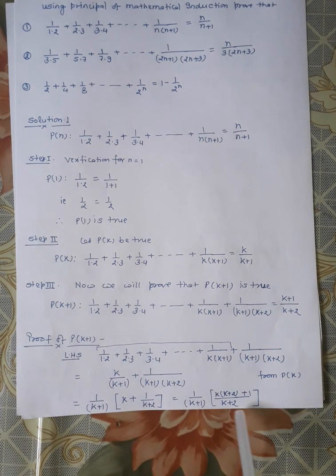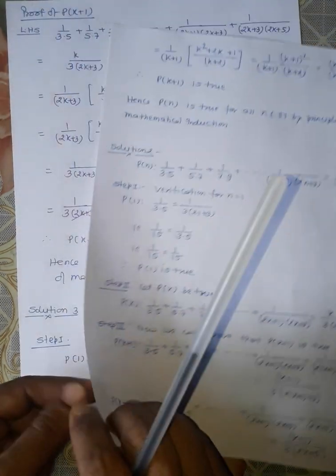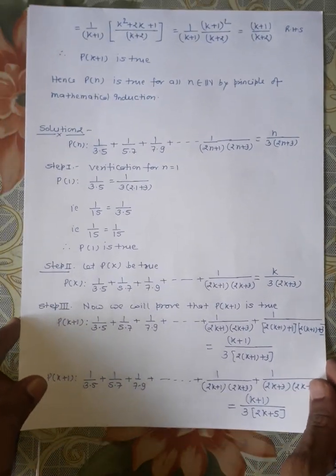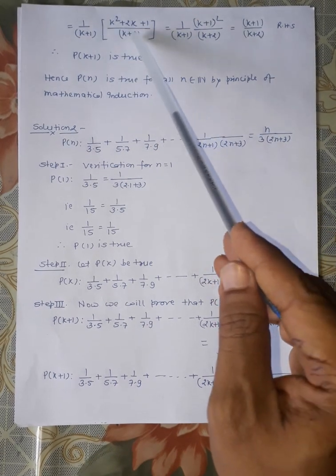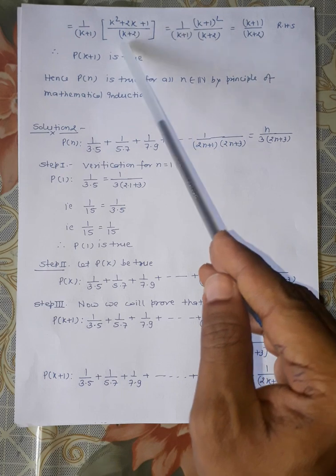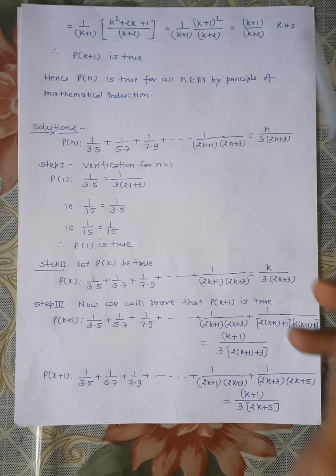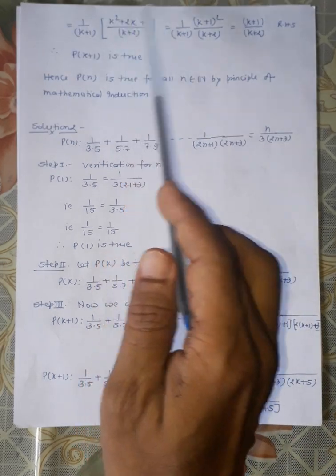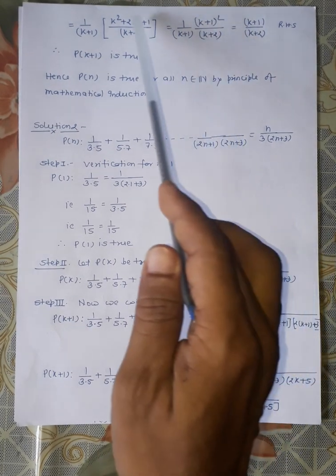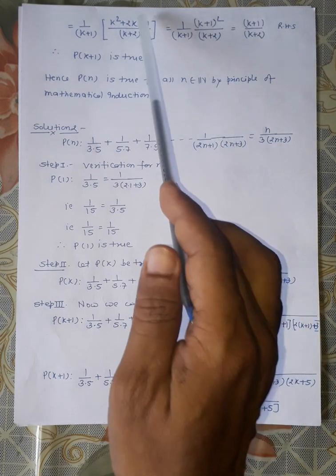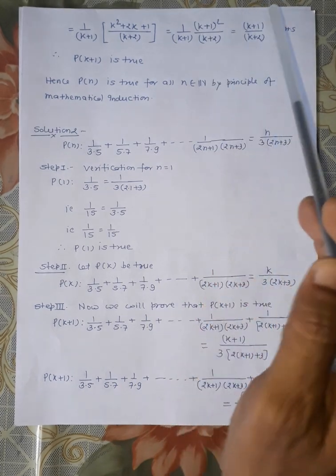After that, you simplify this, you will take LCM, and after simplification you will have 1 upon k plus 1, and this quadratic expression in the numerator upon k plus 2. After that, this quadratic expression can be written in the form of (a plus b) whole square. So a is k and b is 1. So this quadratic expression which occurs in the numerator can be represented by k plus 1 whole square.